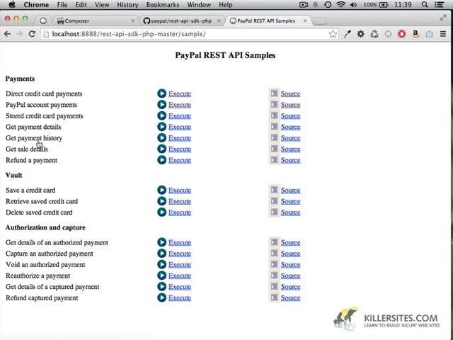If you look within the sample folder, you'll get this page that lists both code samples that you can execute and also the source for each of those samples. And we're going to be focused primarily on this PayPal account payments sample here, and we'll be reusing that within our shopping cart application. One thing to note, perhaps this is just a quirk of my system, but you'll notice how my local host has this 8888 in the URL. That's the port number, and you may not run into this on your end, but I have noticed that when I execute some of these code samples, I have in some cases, when it loads here,